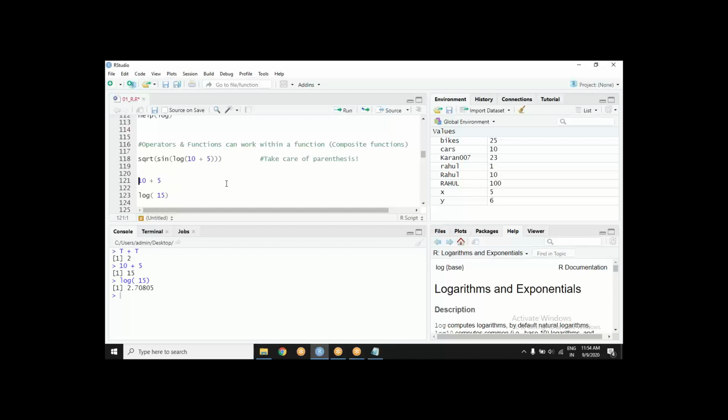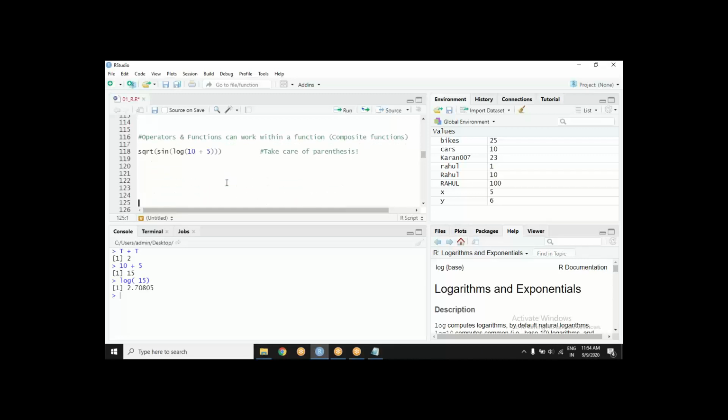So that's the real power of interactive languages: composite functions. There can be a composition of functions because they follow the BODMAS rule. Remember the BODMAS rule? Bracket within bracket, what will be solved very first? The innermost bracket. The innermost bracket says 10 plus 5.